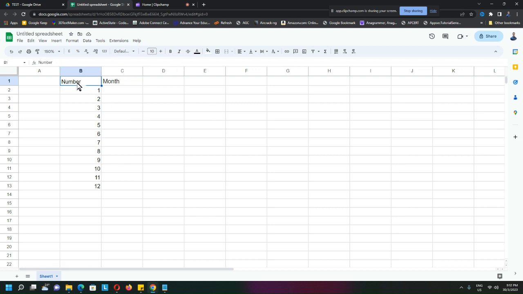Okay, I have my Google Sheet. All right, so you can see the Google Sheet over here. And I have just punched in a bunch of numbers, 1 to 12, you can see over here. And the idea of this 1 to 12 is to create the month like January, February, March, April, all the